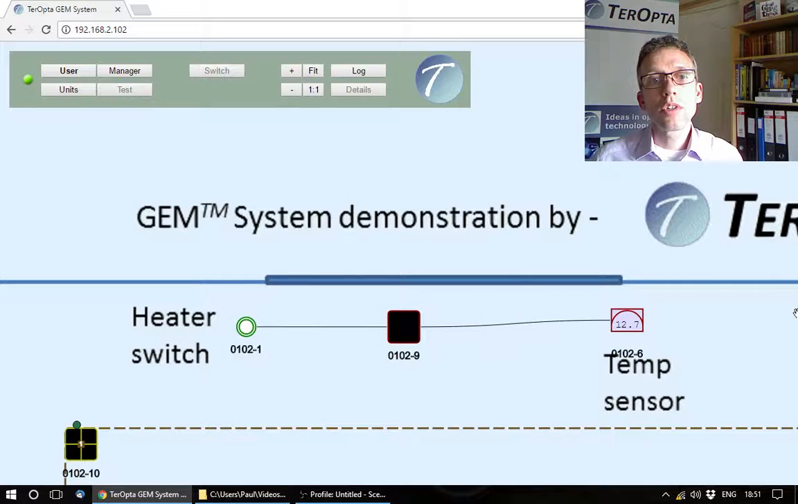In the last video we looked at setting up a heater. Now we're going to set the heater threshold, in other words the temperature at which the heater should turn on or off. So in my system here I have an analog sensor which is currently reading a temperature of 12.8